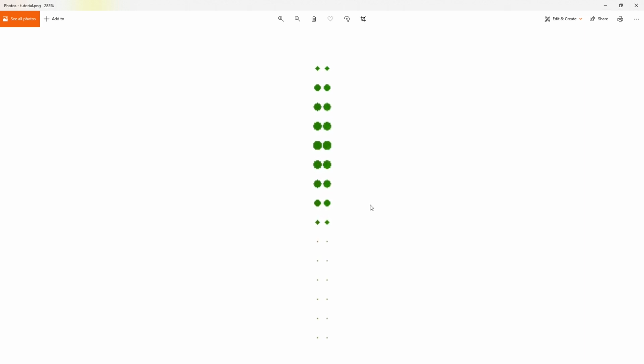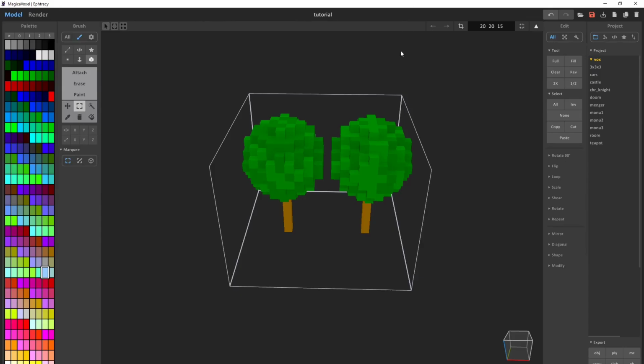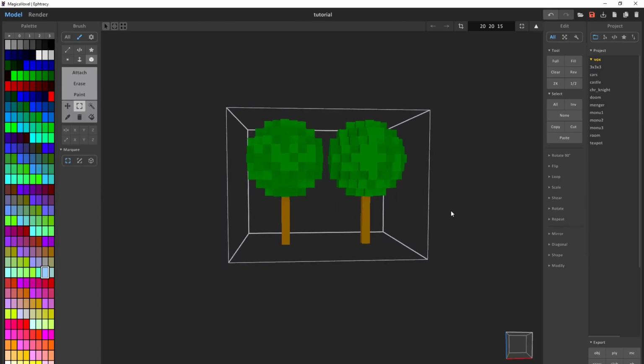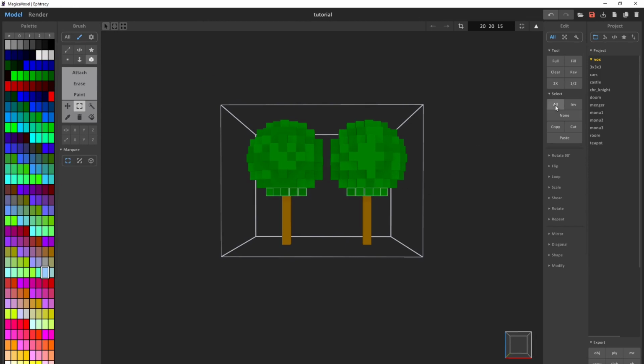What Magica Voxel basically did is take each layer of our 3D model from bottom to top, take a cross section of that, and make that into pixels. Since voxels are almost like 3D pixels, let's have an example. Imagine it as if it takes that cross section,